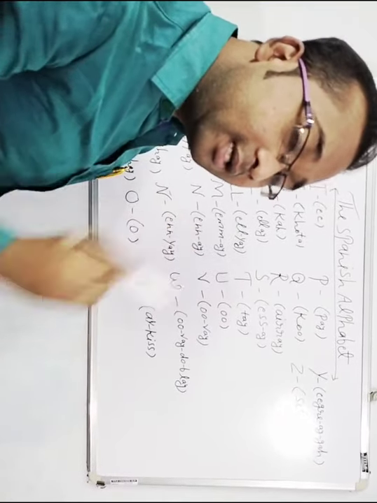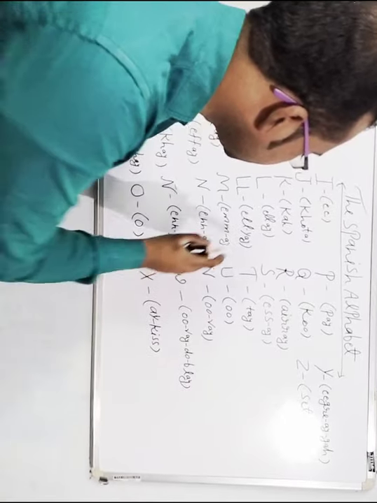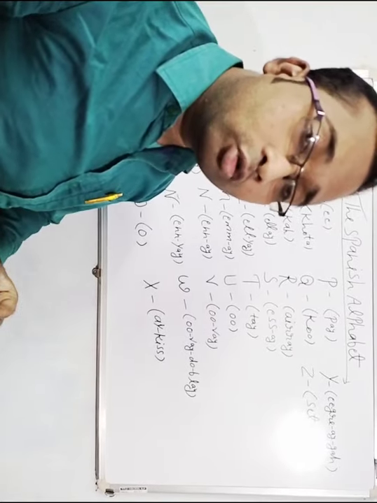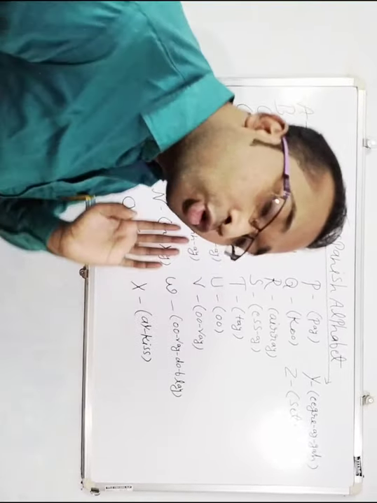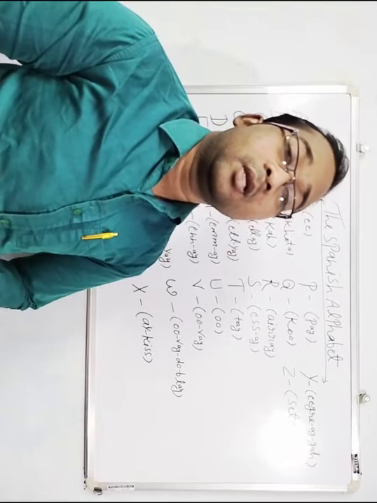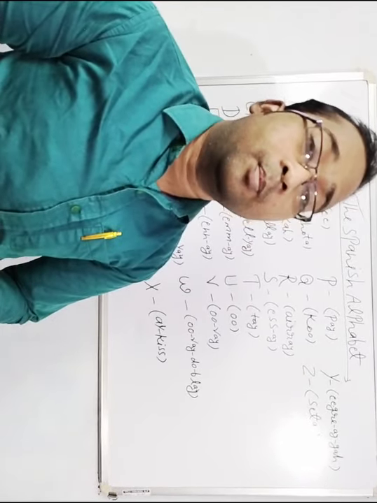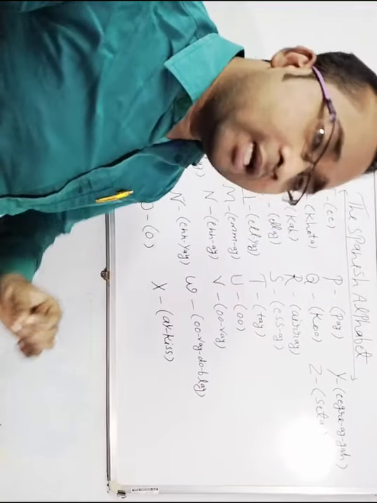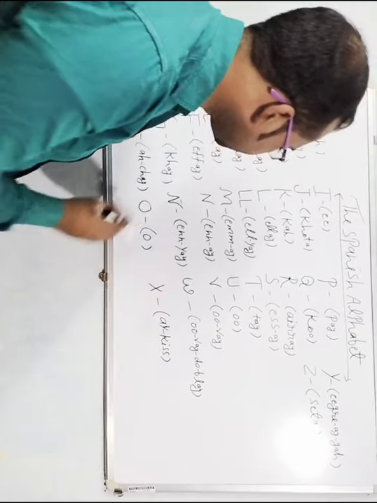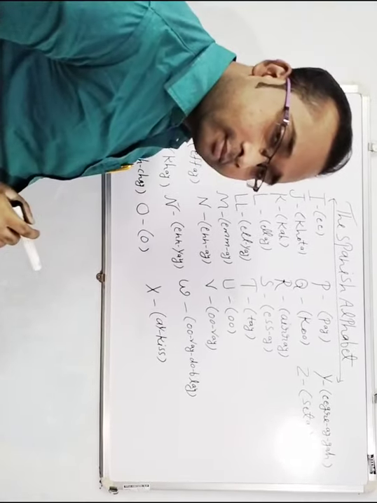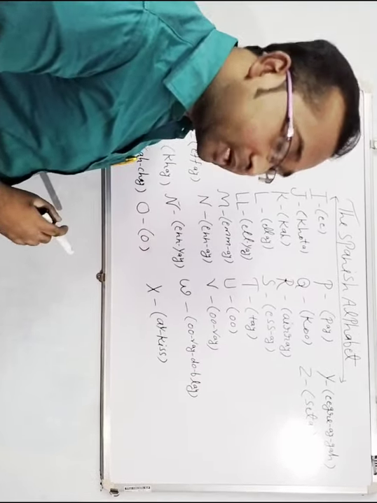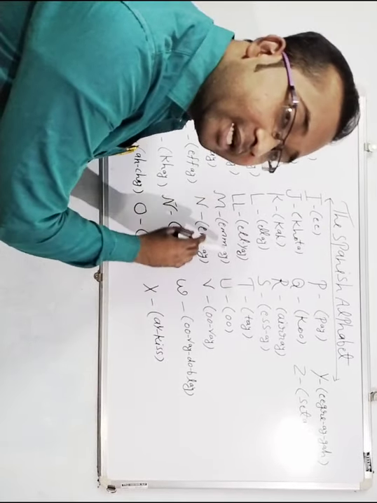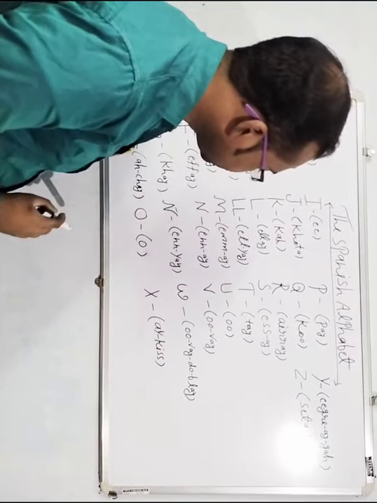Double L is pronounced in Spanish language Ella and Eja. Once again, I would like to repeat. Double L is pronounced in Spanish language Ella or Eja. Both are correct. Double L has two types of pronunciation. Okay. Now M. M is pronounced in Spanish language MA. And next, N.